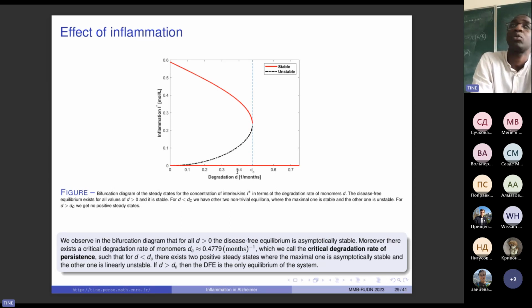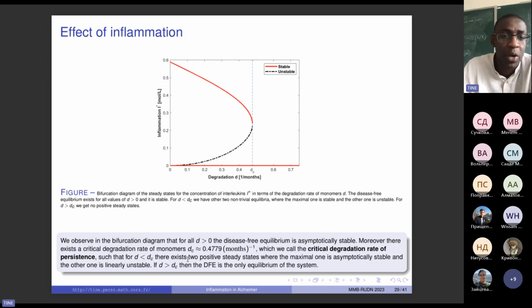We are able to identify two positive equilibria, and we observe this in these figures. We observe in the bifurcation diagram that for D positive, the disease-free equilibrium is also asymptotically stable. Moreover, there is a critical value for the degradation rate, almost around 0.4, which we call the